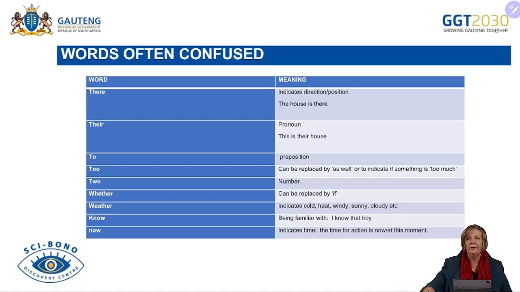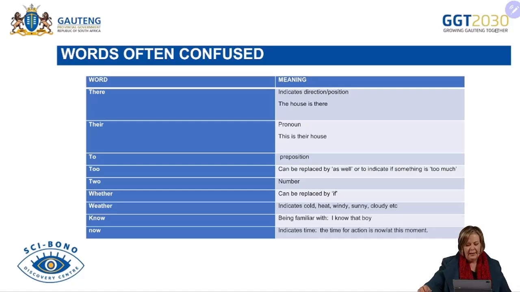And then whether and weather, the W-H-E-T-H-E-R one can be replaced with if. And we often use that in indirect speech or reported speech. And then the second one refers to the weather outside, whether it's cold or windy or sunny or rainy or whatever. That is the